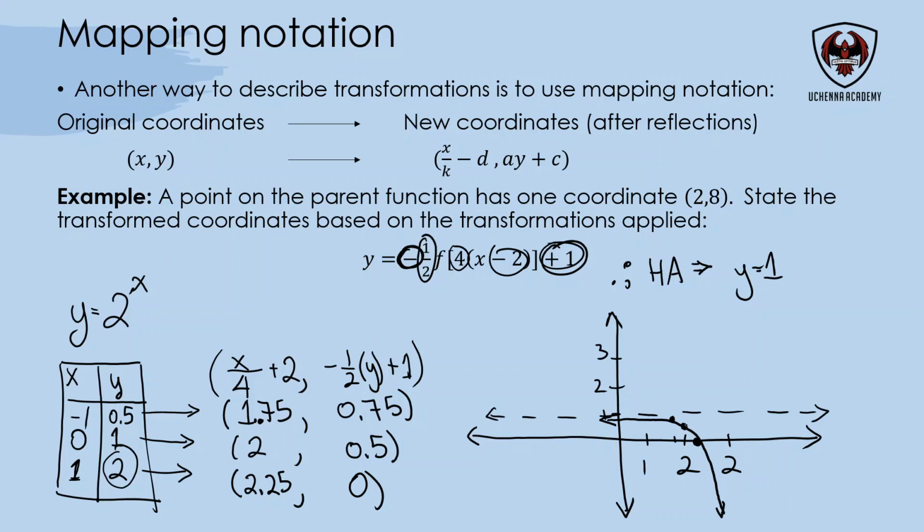But this should make sense, right? Like the points look like really squeezed in, and that's because they were horizontally compressed, so they're closer together. And the function has